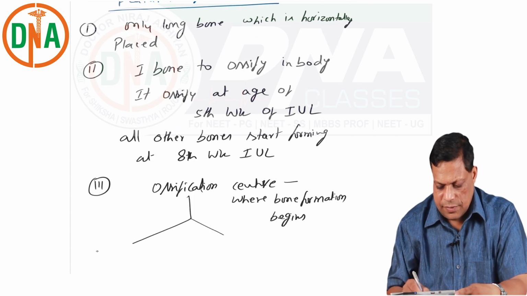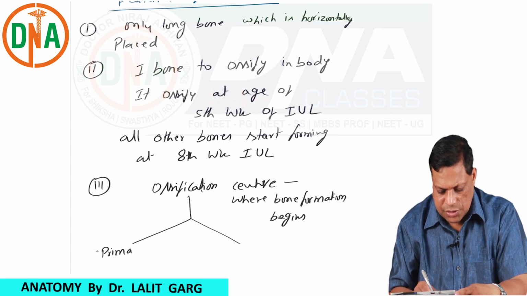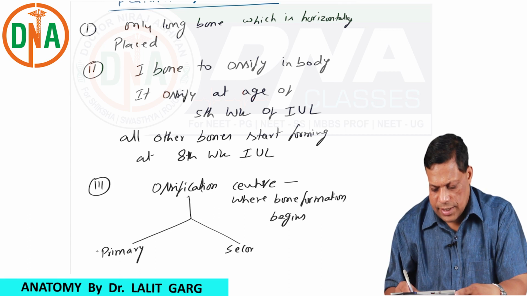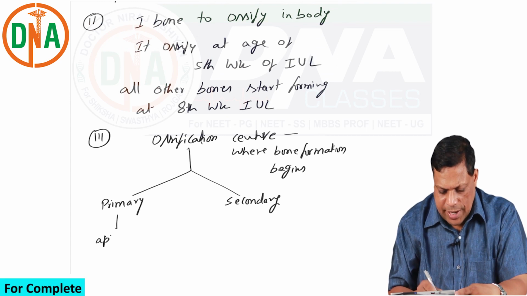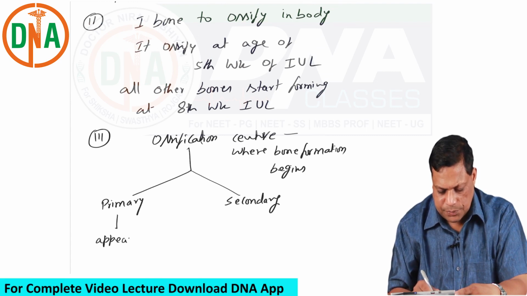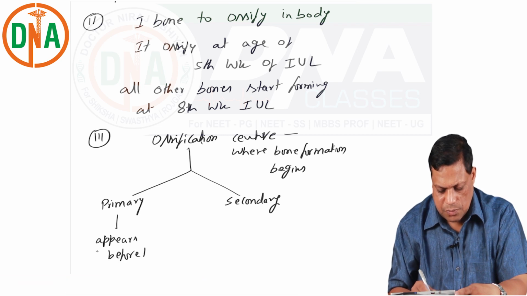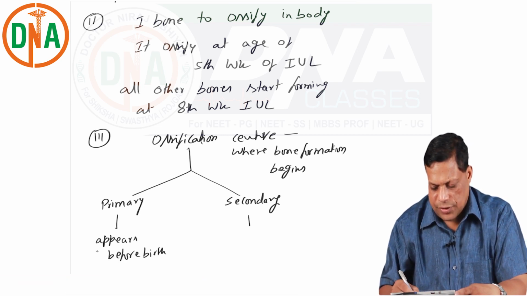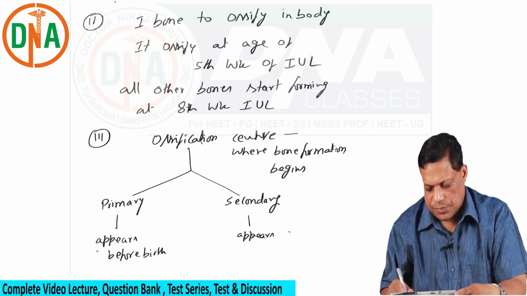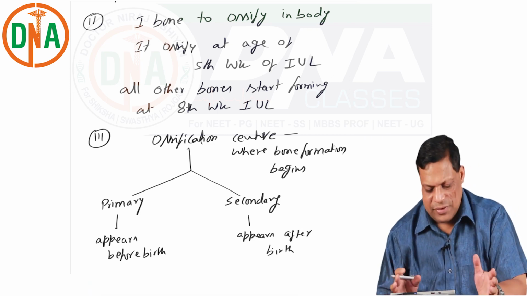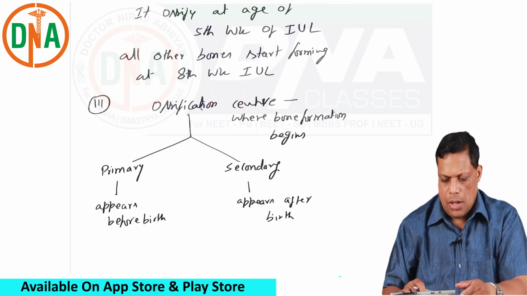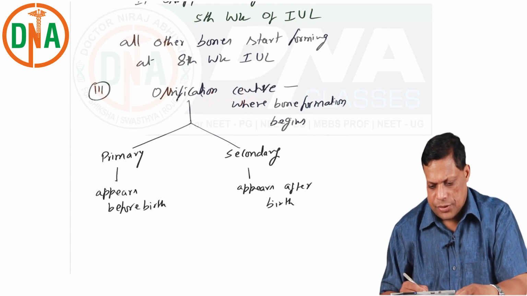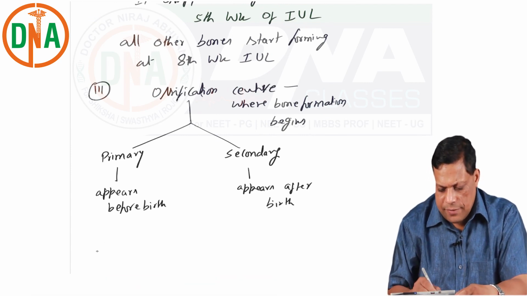These ossification centers are divided into two parts: the primary ossification center and the secondary ossification center. The primary ossification center appears before birth. The secondary ossification center appears after birth. So this is the basic difference between the primary and the secondary ossification center. Some exceptions are there. As far as the primary ossification center, now clavicle,